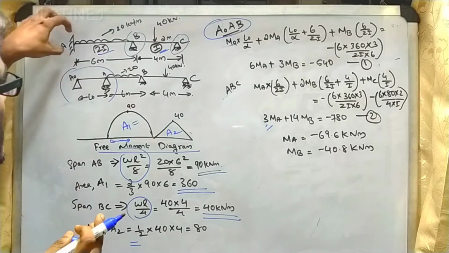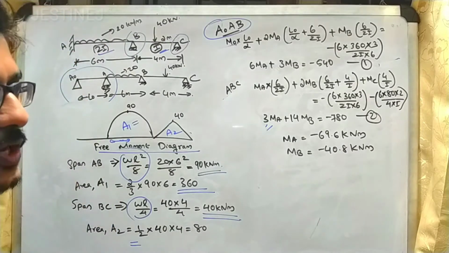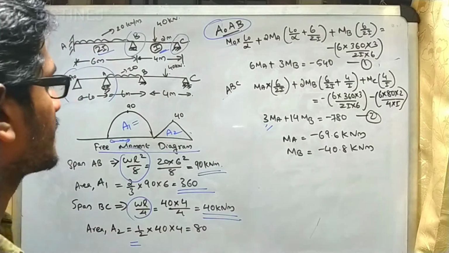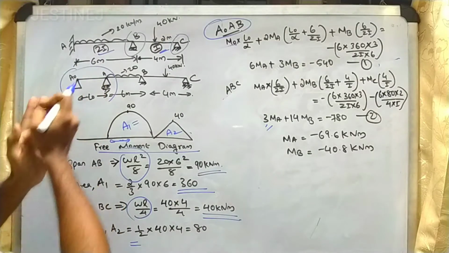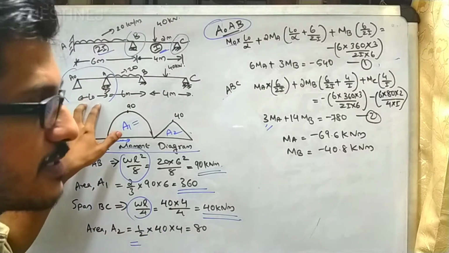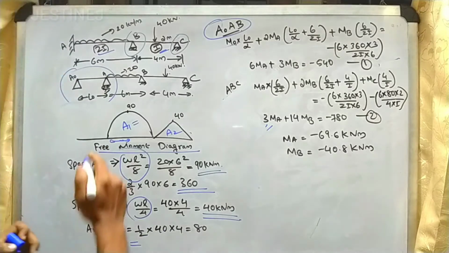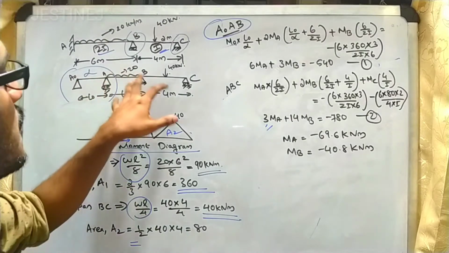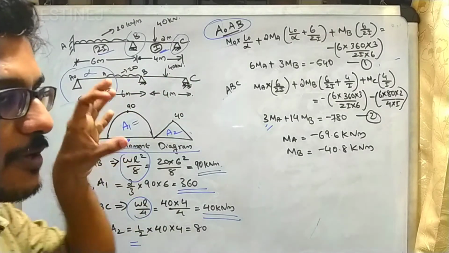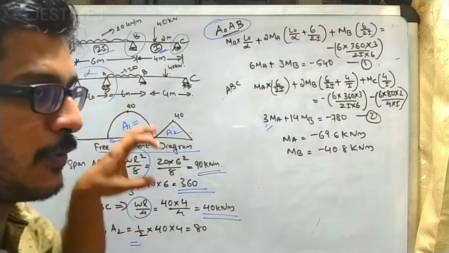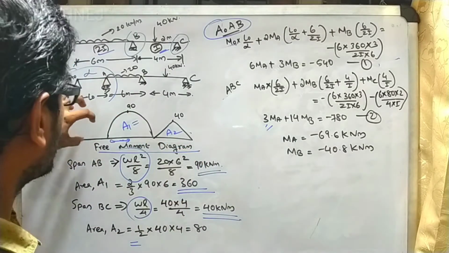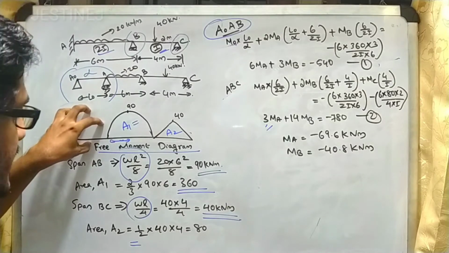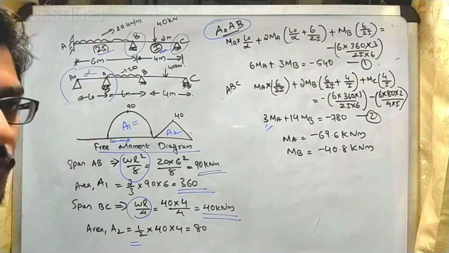If the end support is fixed, then you have to add an imaginary beam to use the three moment equation. For that we add an imaginary beam A0A with span L0 and flexural rigidity equal to infinity, and the rest of the portion remains the same. Our first step is to find the free moment diagram. In the imaginary beam portion no forces are acting, so the free moment diagram is 0.